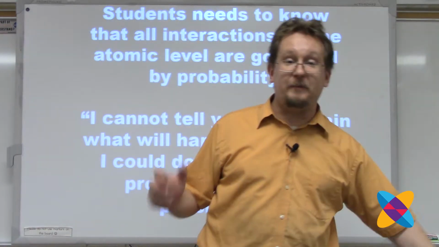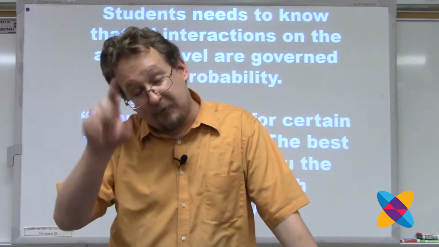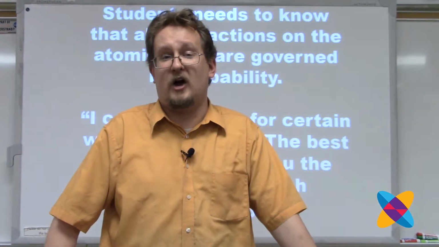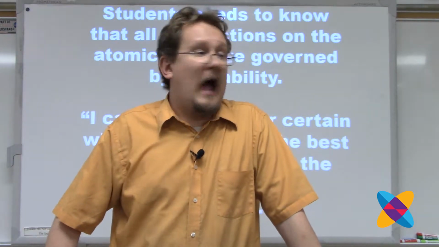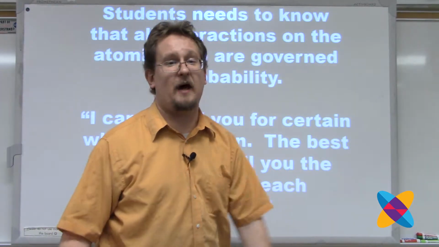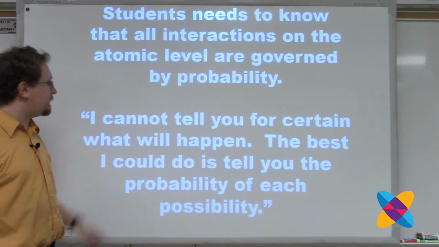Well, which one's going to happen, Mr. Frensley? I can't tell you. I can only tell you the probability of each possibility: a single jump or 2 jumps. How long does the electron wait before jumping down? I cannot tell you how long it takes for the electron to decide to jump down. I can only tell you the probability of 1 second, 1 microsecond, 1 nanosecond for the electron to decide to jump down. I can't tell you what's going to happen. I can only tell you the probability of each possibility.